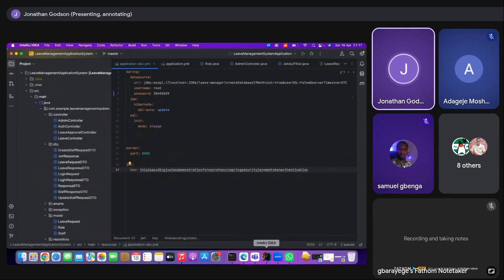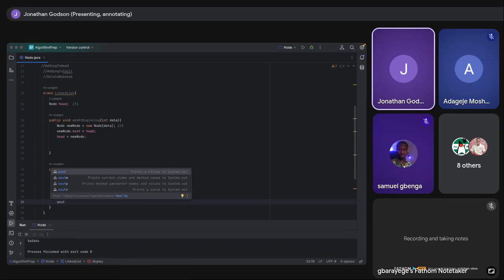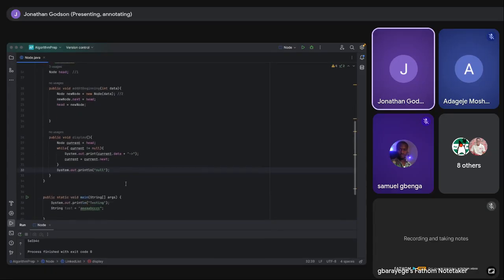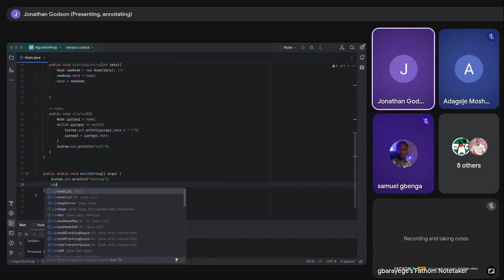So what happens if this is while current is not null, we do this. What if it is null? What do we want to do? So without null in that case. So if we create a linked list,